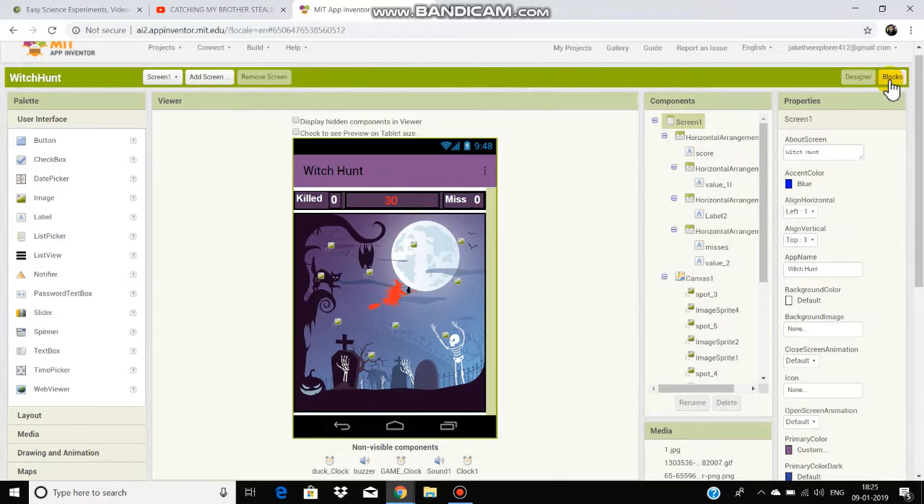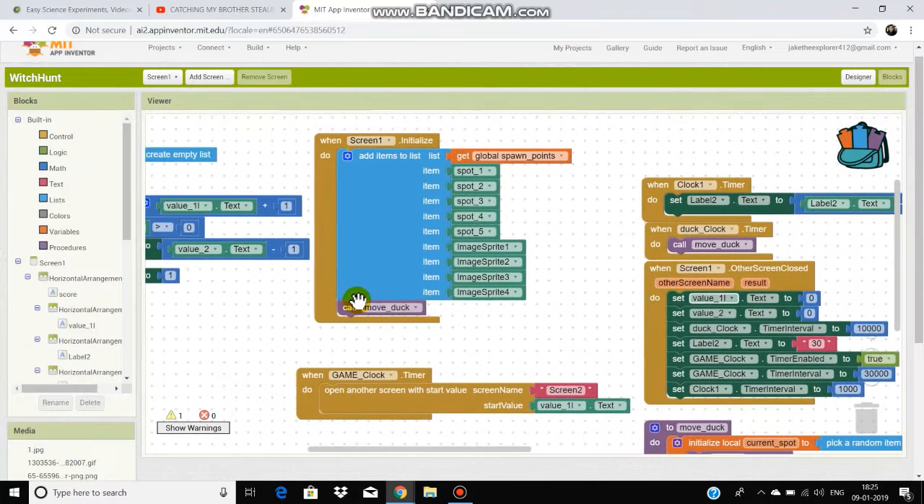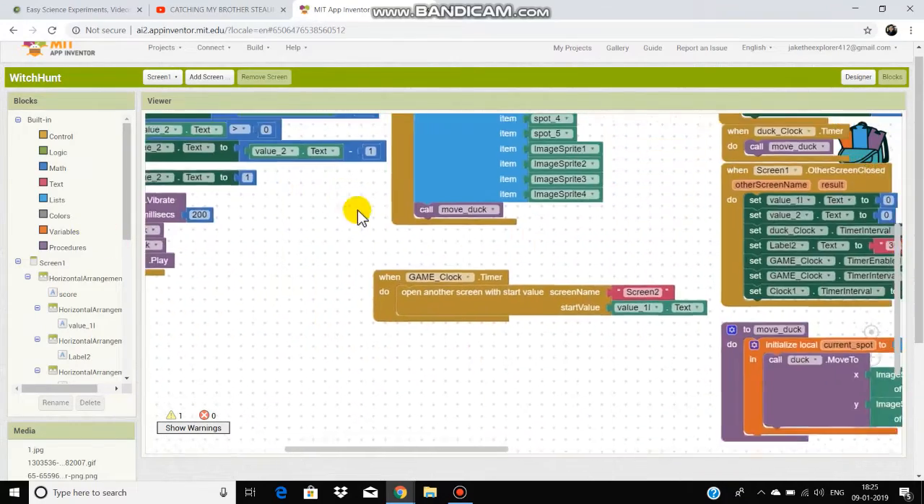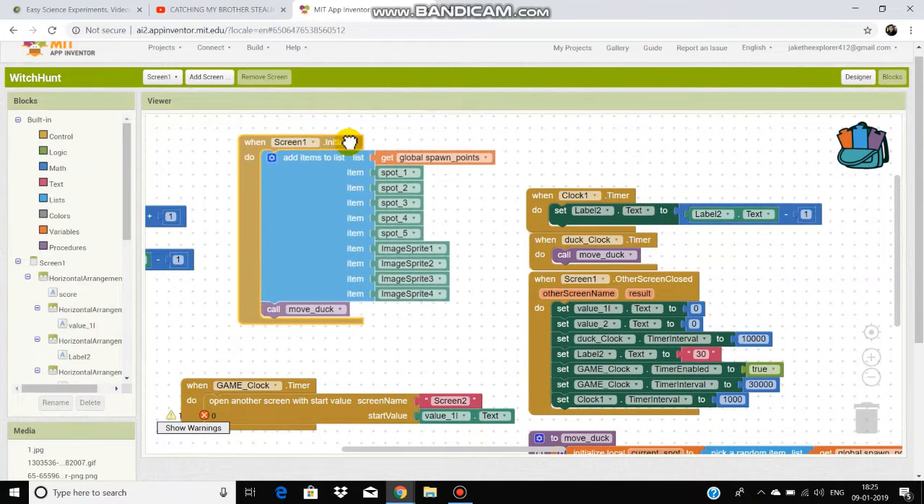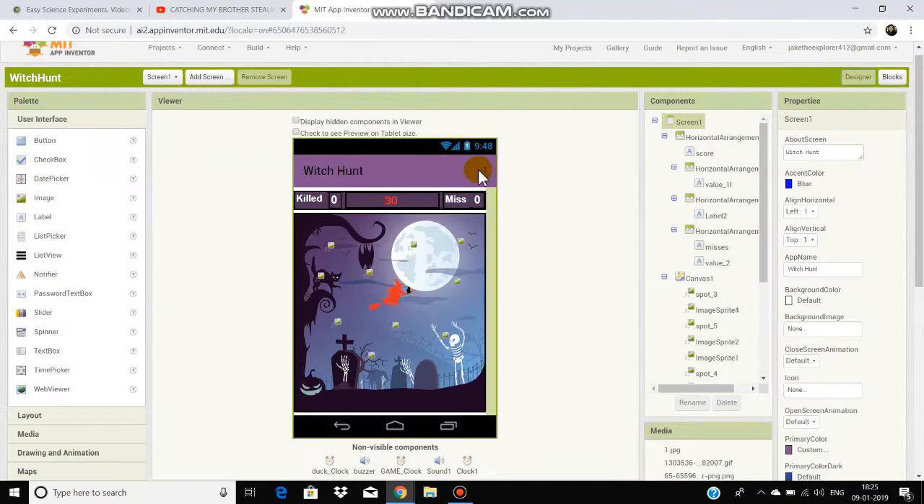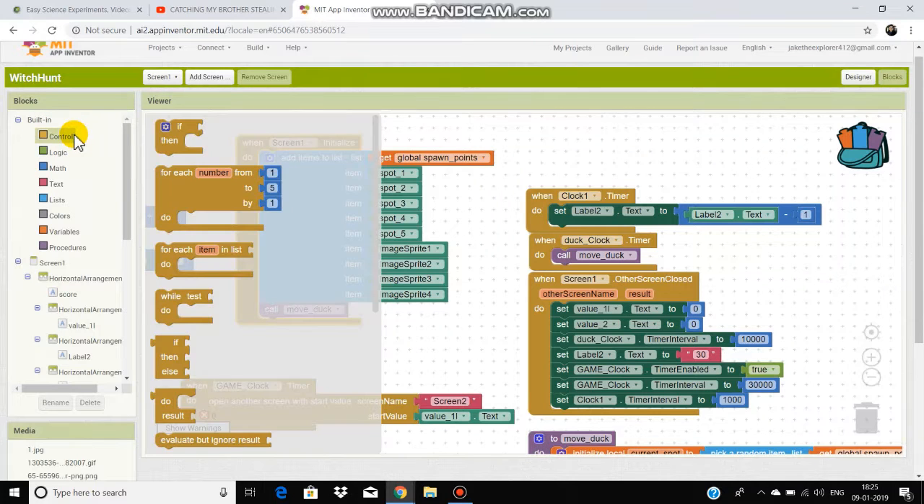Now you have to go to the blocks, and then I'll show you what all this means. So as soon as the game starts, that is when Screen1 is initialized. As you see, this is Screen1 in which everything is put. So when Screen1 is initialized, you can get that